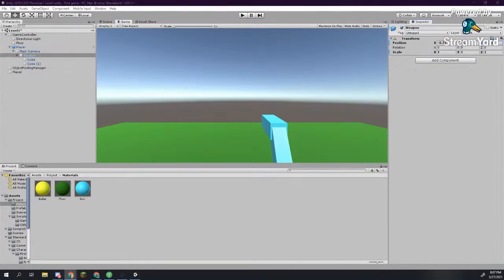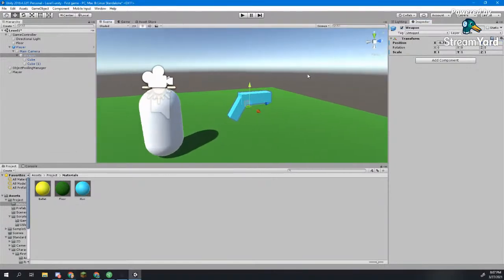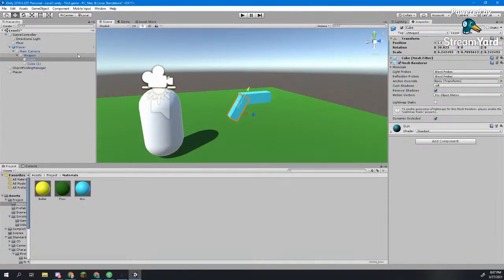Now let's also make a material for our gun. So I'm going to create a new material here in our materials folder, and this is going to be called weapon. And then we can just apply it to both of our cubes. So cube 1 and the cube. I'm going to change the smoothness down to 0 again, since we don't want it really to be shiny. And for the albedo, we'll just change this